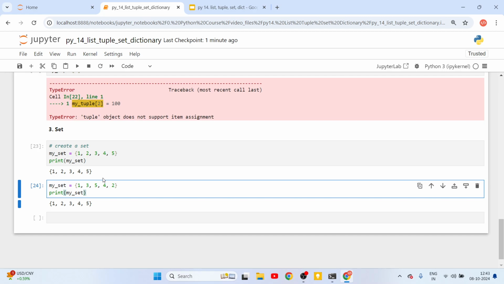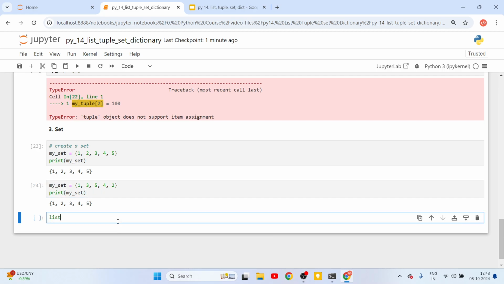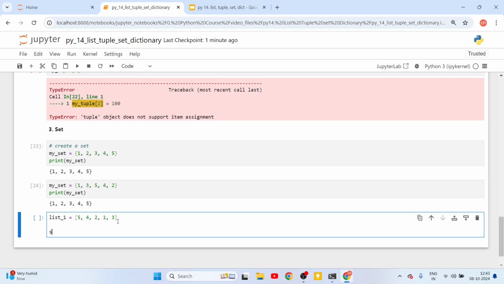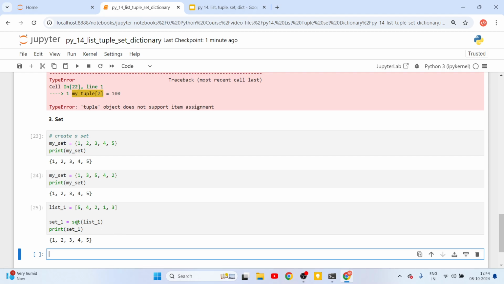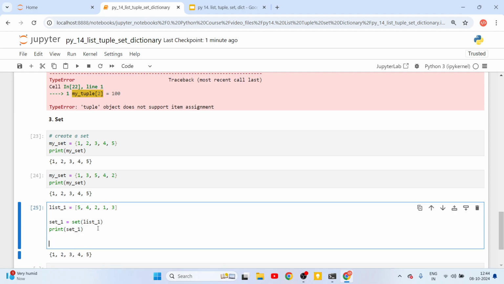Let's say you want to order a list that has values that are not ordered. You can just convert that list into a set, and that would order the values. Let's say we have list1 with values 5, 4, 2, 1, and 3, and you want to order them. You can say set1 is equal to the keyword set and then pass list1. This converts the list into a set. Print this set1. As you can see, the values have been ordered. If you want to convert this back to a list, you can say